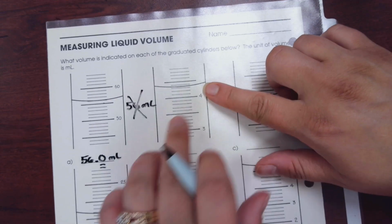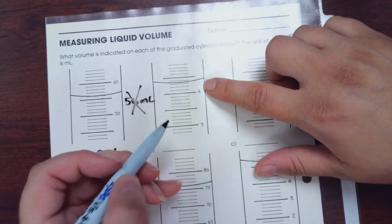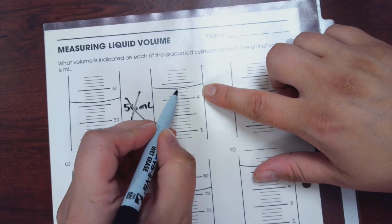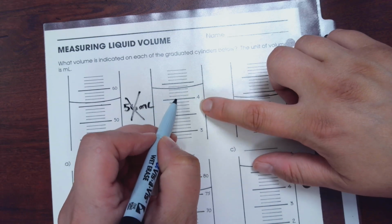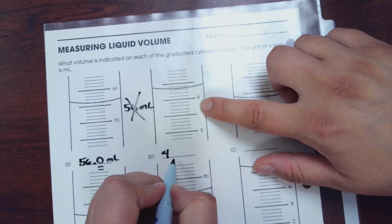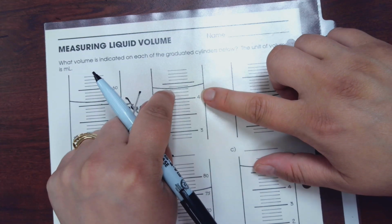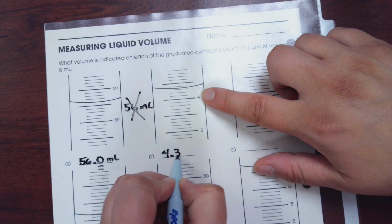Okay, so now let's look at this next one. This one here is really different. You'll notice that we still have all of our pretty lines, but this time our volume line is between two lines. So it's 4, because we're past the 4, it's above the 4, so we know it's 4 point, and then we count our lines, 1, 2, 3. We're at least to the 3, but not quite to the 4, so I'm going to write down the 3,